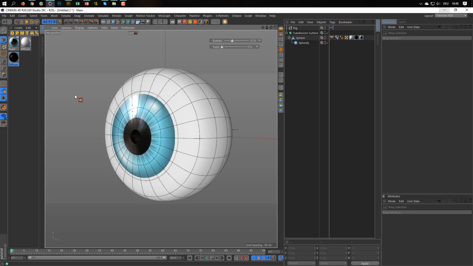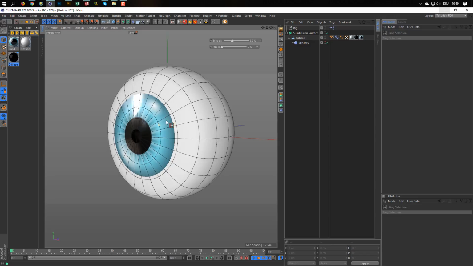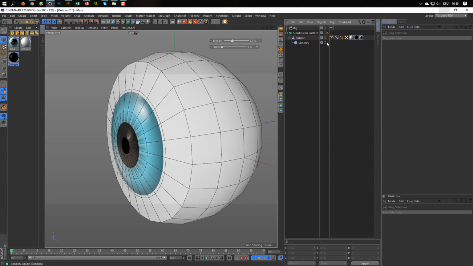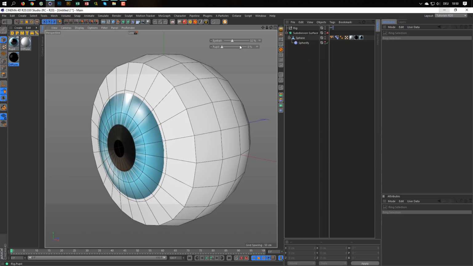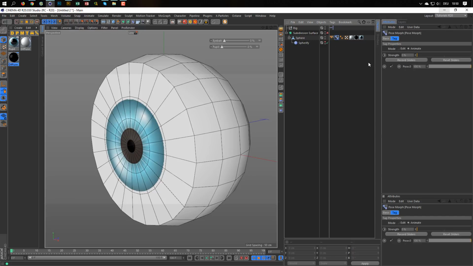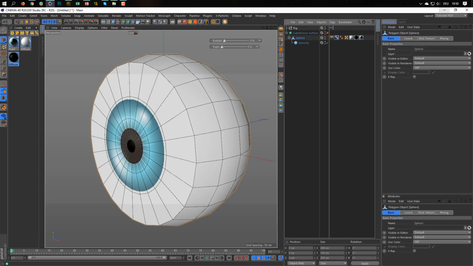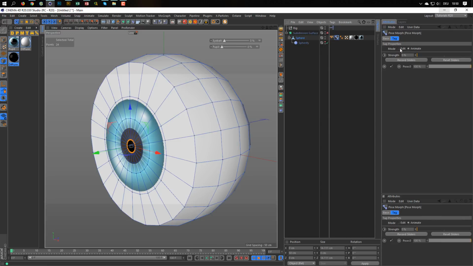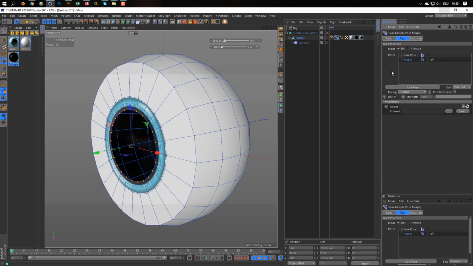And yeah, of course, what I want to say is you can, of course, add pose morphs now. So you can, if you say, go here, yeah, that's okay. You can add morphs. So let's say I go to my pose morph here, and what could I change? Select the inside points here. This is okay, and these inside points, and go to my pose morph here to edit mode.